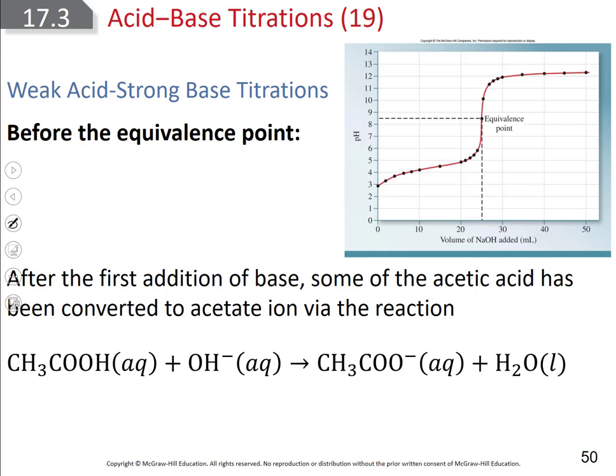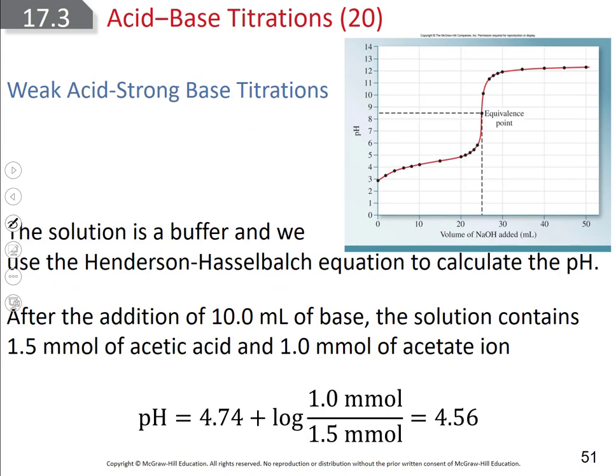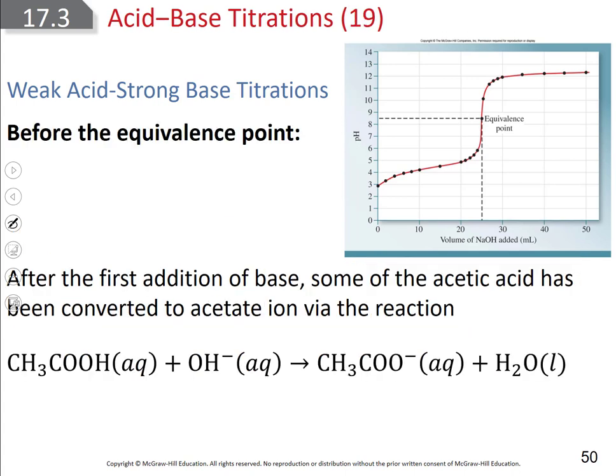So let's say, for example, did they give an amount? Okay, 10 milliliters of base. So we have 10 milliliters of base containing 1.55 millimoles of acetic acid and 1 millimole of the acetate ion. Let's go back to where those numbers came from, because for some reason it didn't show up on the slides. But if we're following along, we're on page